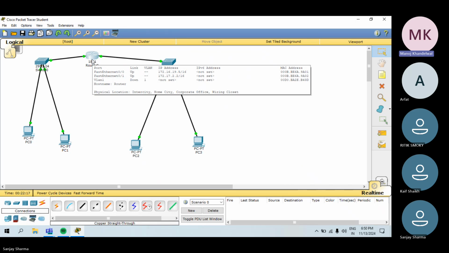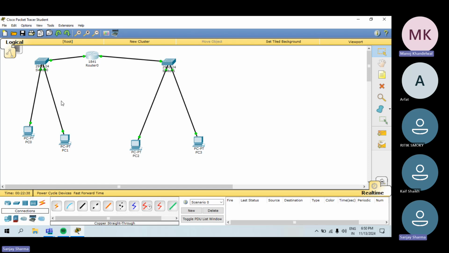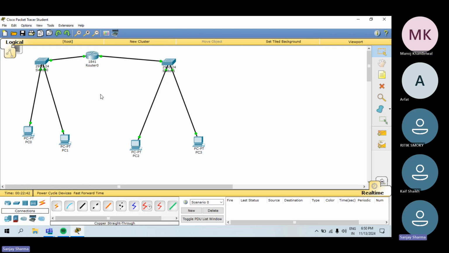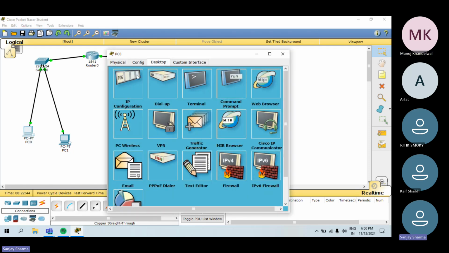Fast Ethernet 0/0 is 172.16.19.5, right? So have you given this to PC0 and PC1 as a gateway? Yes, I'll have to check that. Let me check, please. So 16.19.5. Is it 16 or 19? Yeah, because I think that's the